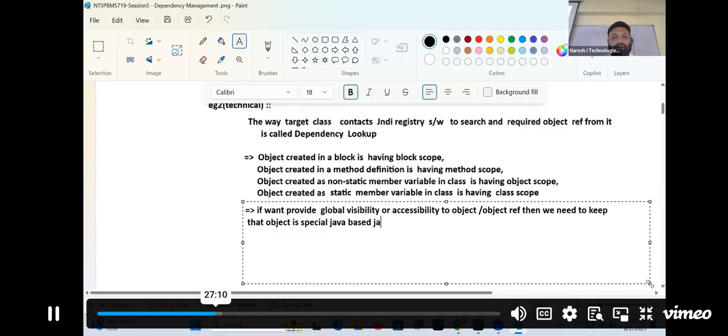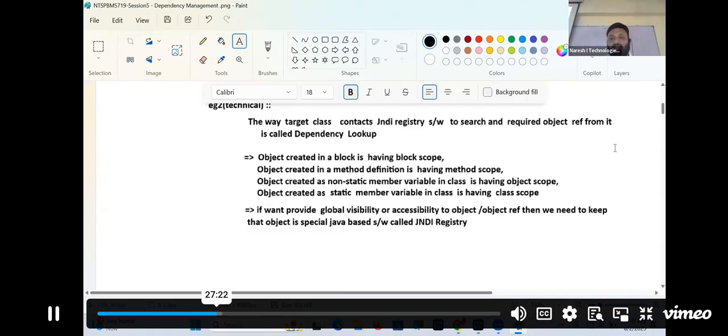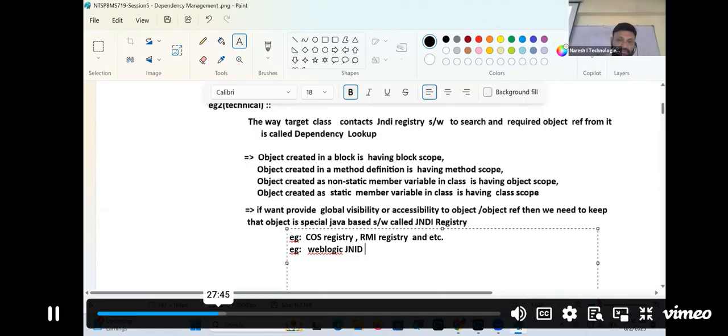Java-based software called what is that? JNDI registry. What registry, guys? JNDI registry. Examples of JNDI registries are what, guys? COS registry, RMI registry, and etc. Another example, WebLogic JNDI registry, Tomcat JNDI registry,